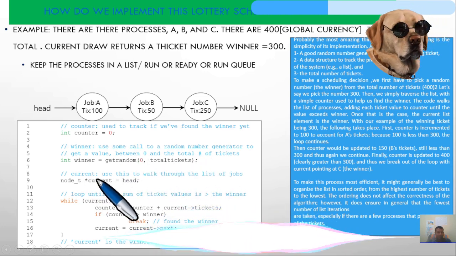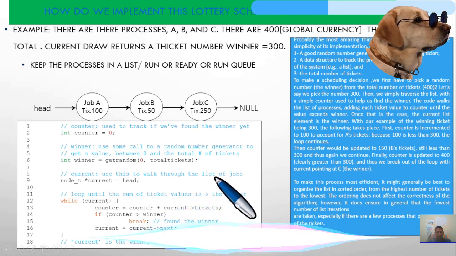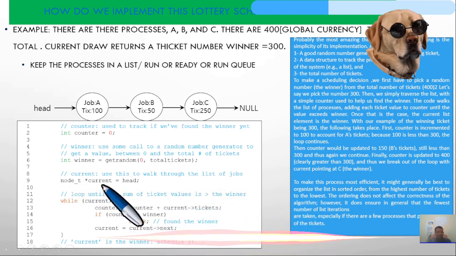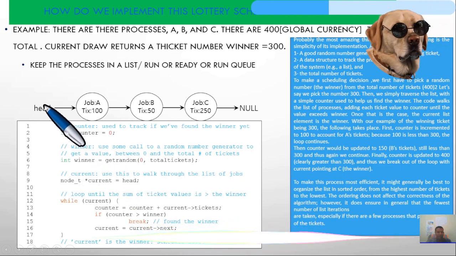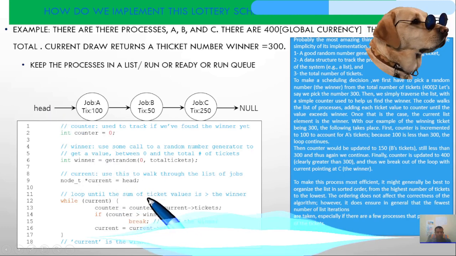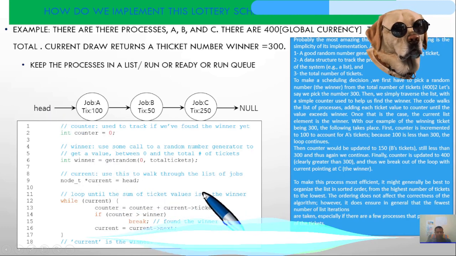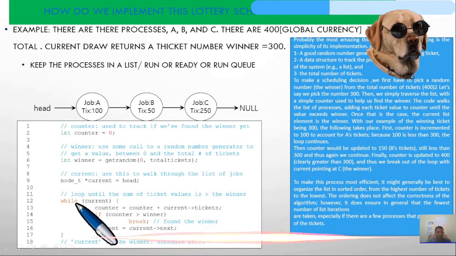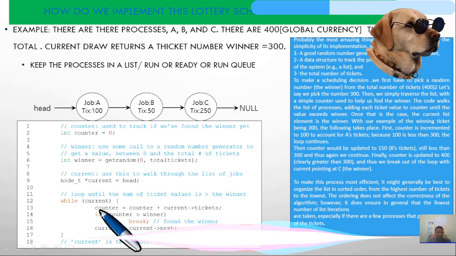Again, the second, current, is used to walk through the list of jobs. So we have the node_t current, and we have head here. We loop until the sum of the ticket values is greater than the winner. So we have the while loop here, while current. We have a counter here.